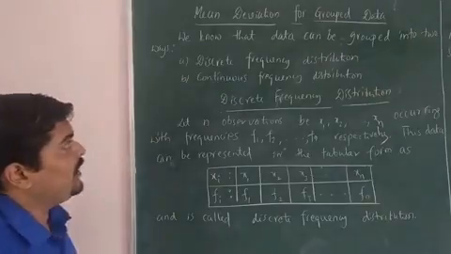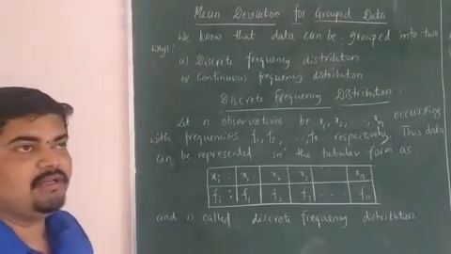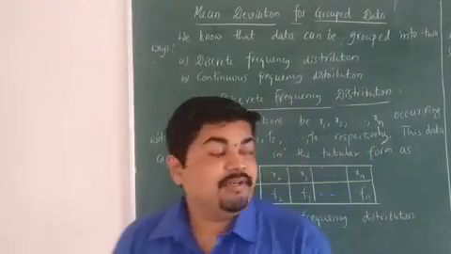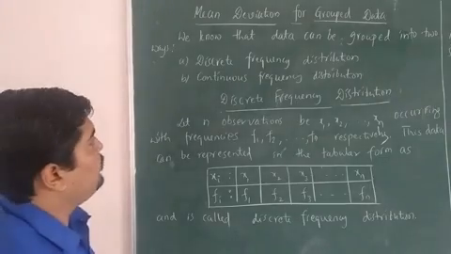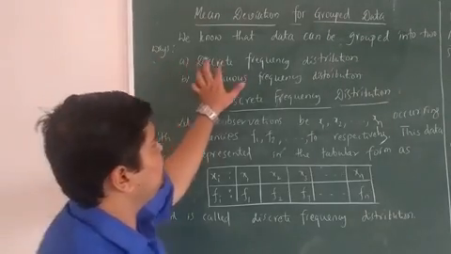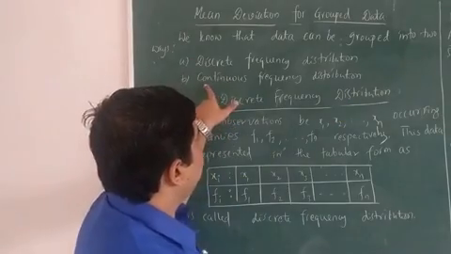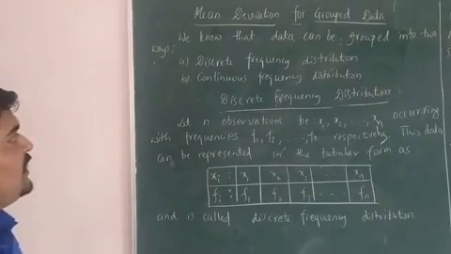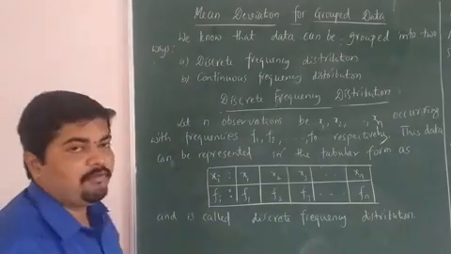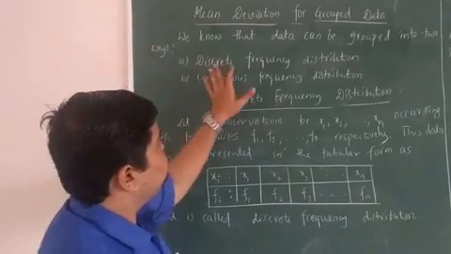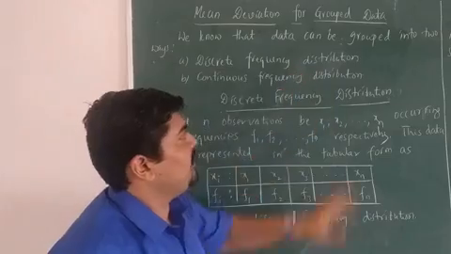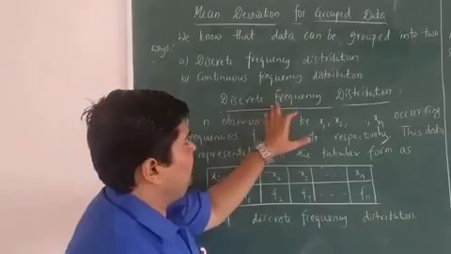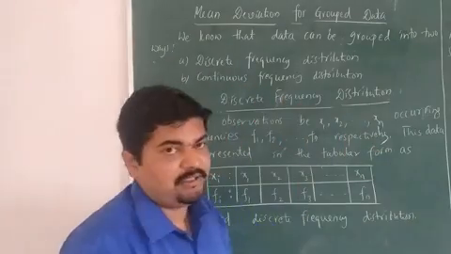As you have come across the data representation of statistical data in the lower classes, we know that the data can be grouped in two ways. One is discrete frequency distribution and another one is continuous frequency distribution. Here in today's class, we will try to find the method of finding the mean deviation for discrete frequency distribution about the mean. Now, what do you mean by discrete frequency distribution?